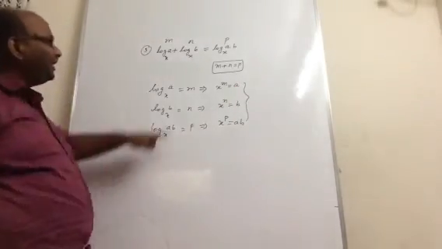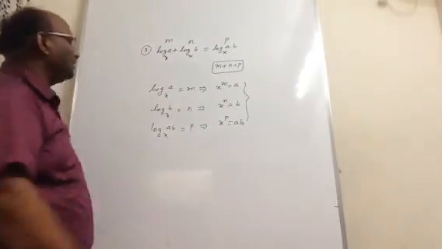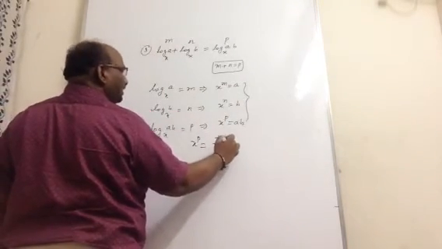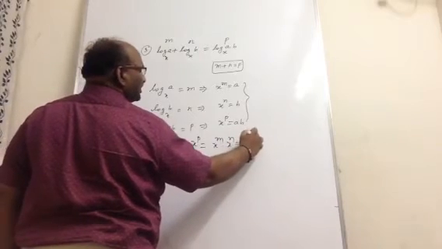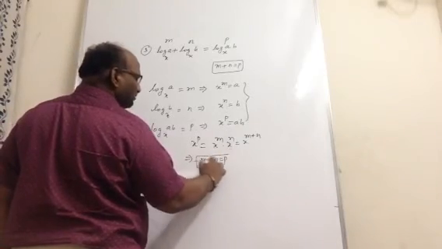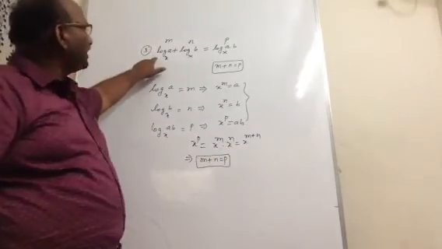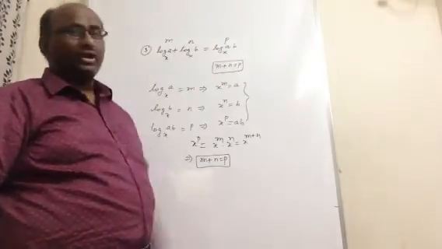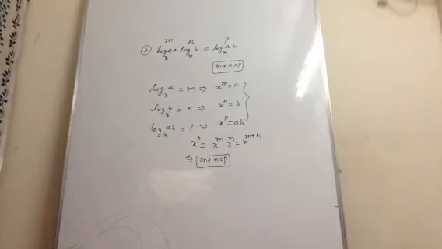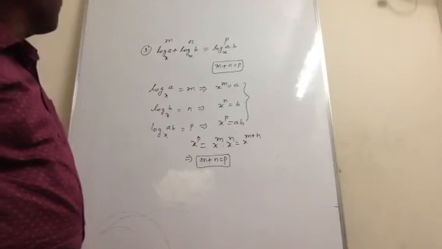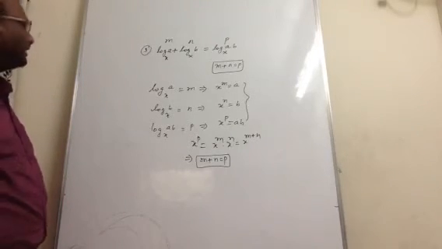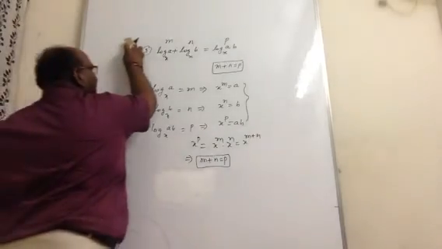What do I have to prove finally? m plus n is p. So x power p, in place of a I will write x power m, in place of b x power n, which is x power m plus n. From here I can write m plus n as p. That means log a plus log b is equal to log ab. This is one of the basic standard results: the sum of logarithms is the log of the product. Right. Let us see another result.